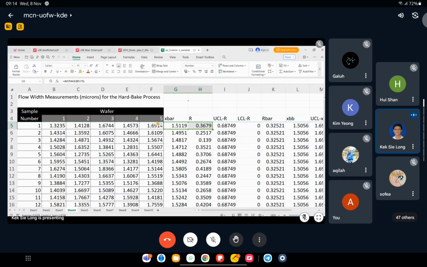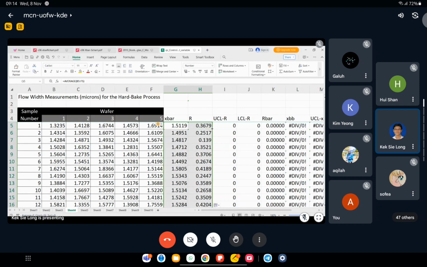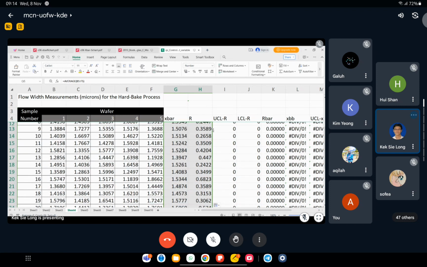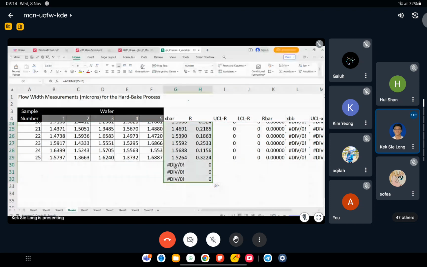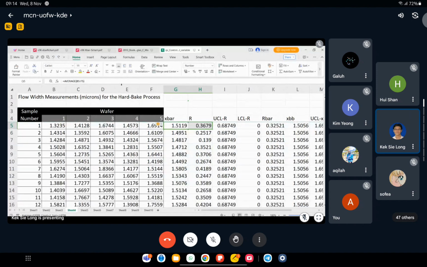When we move the cursor to this area, you see the cursor become black color. So double click. But what happened? Yeah, because it covers until the last two. So again, we can try it